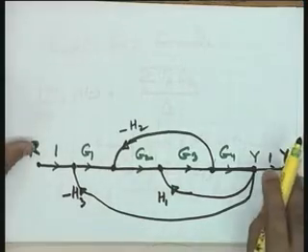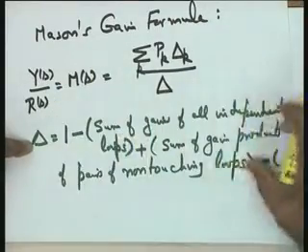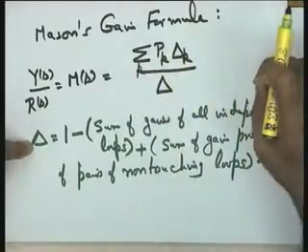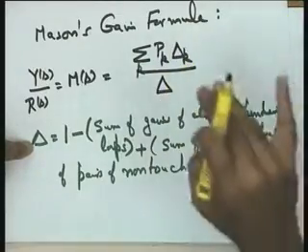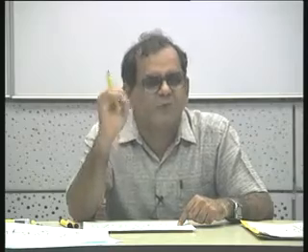Delta k, please see, is the value of delta not touching the kth forward path. It means this complete definition is applicable for delta k. Keep in mind that all these terms are not touching the kth forward path. By not touching the kth forward path, I mean that they do not have anything in common in terms of branch or a node with the kth forward path. That becomes the value of delta k.